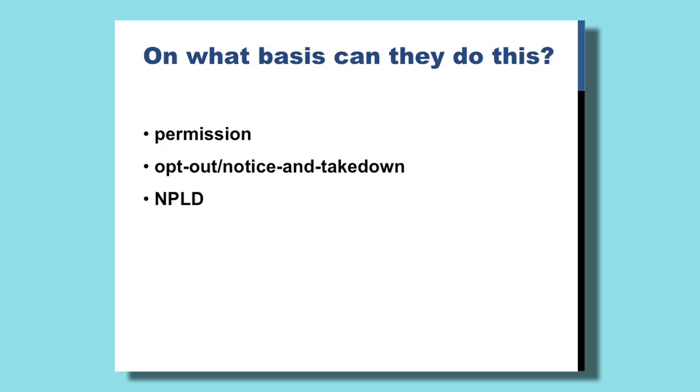The first, which is how the UK Web Archive has operated at least until 2013 and still does in part, is obtaining directly the permissions from site owners to take a copy of a site and to republish it, in effect, to make it publicly available. This is time-consuming and costly and by no means 100% successful. Another option which is sometimes used is to tell people you're going to do it and hope they don't complain. That is to say, an opt-out, notice and take-down approach, which has been used quite widely for content of particular significance. And then NPLD, that is to say non-print legal deposit, which I won't talk about now because